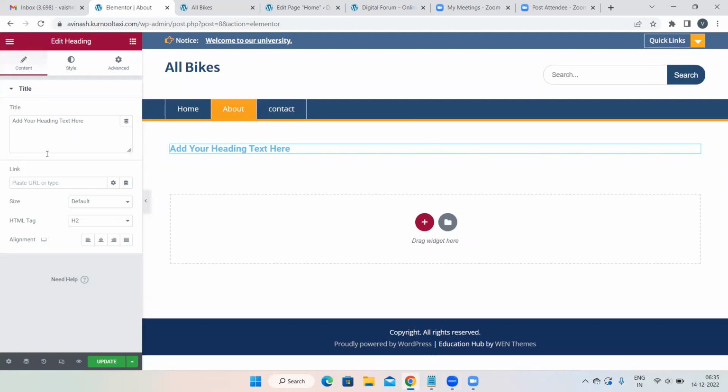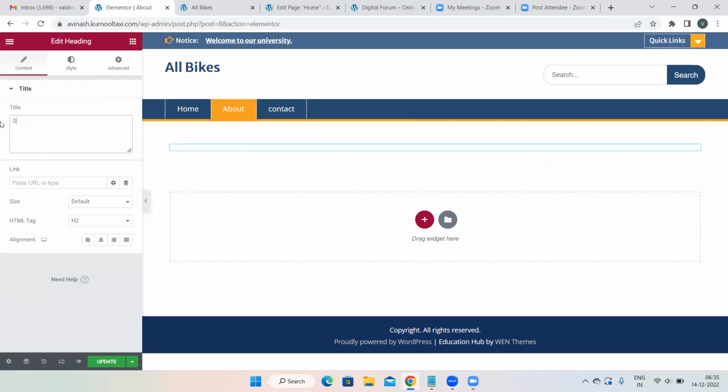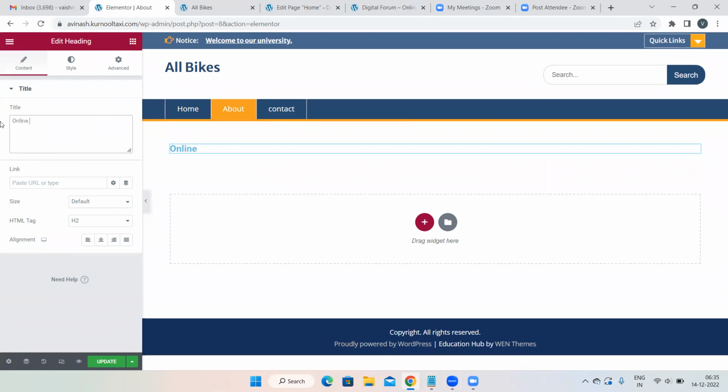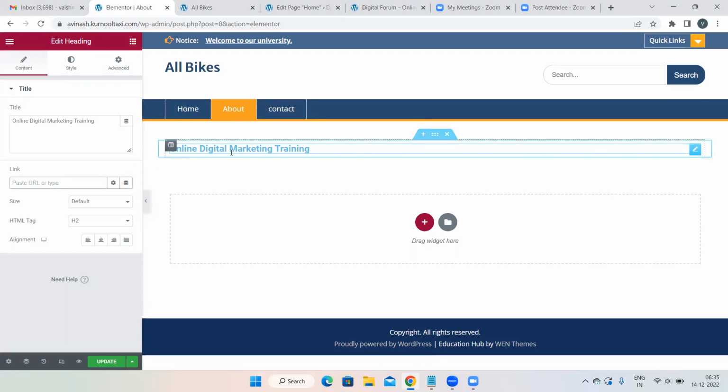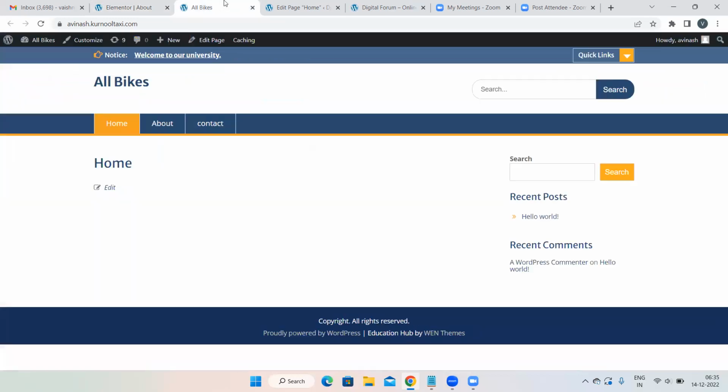Now you can see on the left side, content part is there, style part is there, advanced part is there. So here in the content part, what exactly you want to add as a content, you have to select. Now I want to add something like online digital marketing training. So I'm adding something like this, online digital marketing training. This is my content. Now, after that, in case you want to paste any links, that means when someone clicks